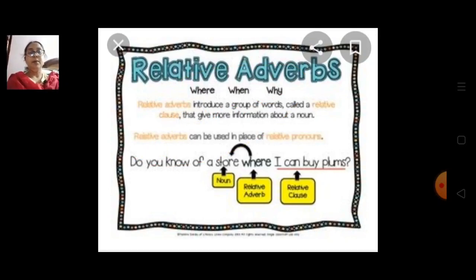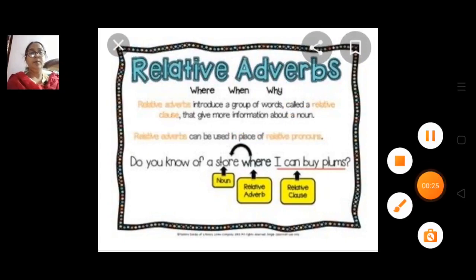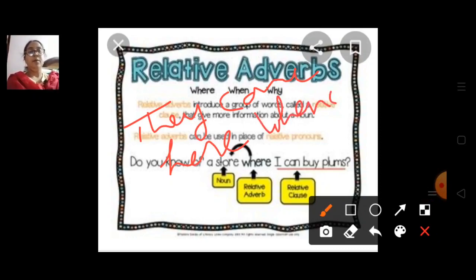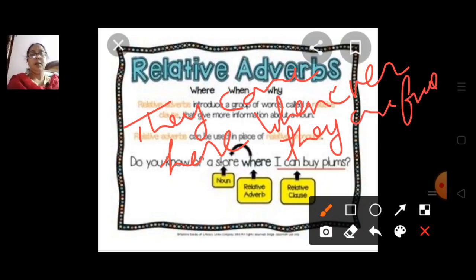Now I am going to give you one more example. They come here whenever they are free. Now here you can see they come here whenever they are free. So here whenever is a relative adverb because